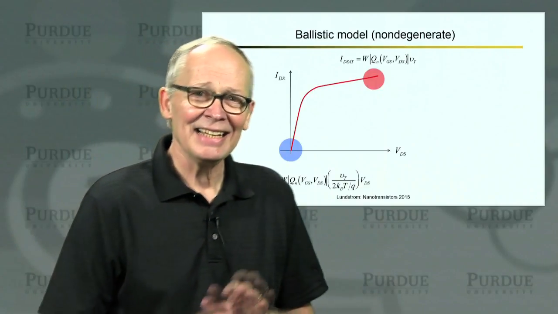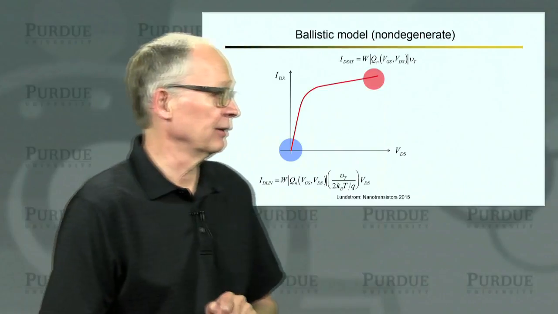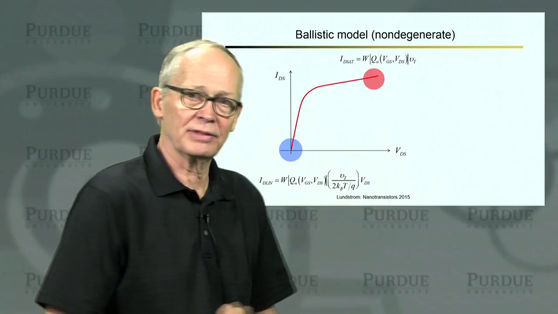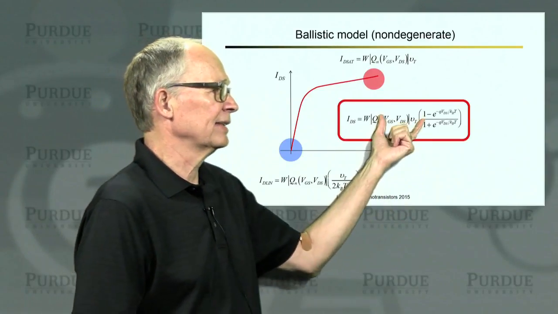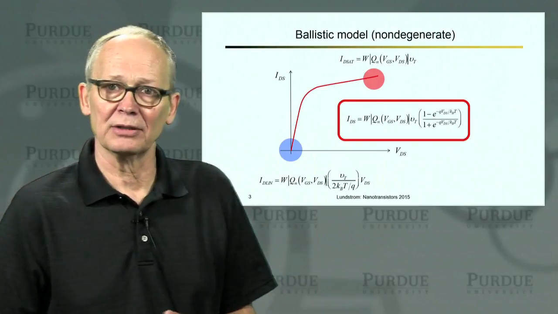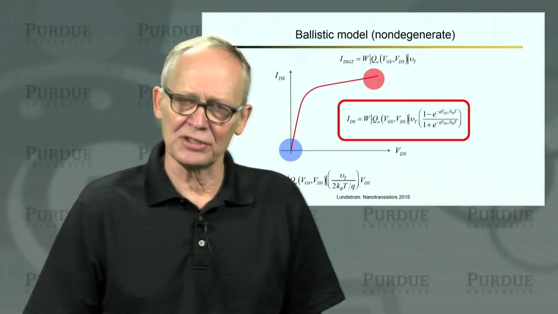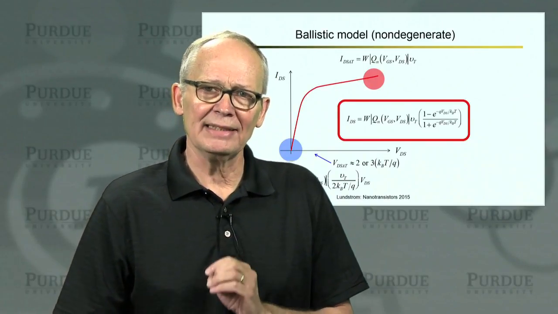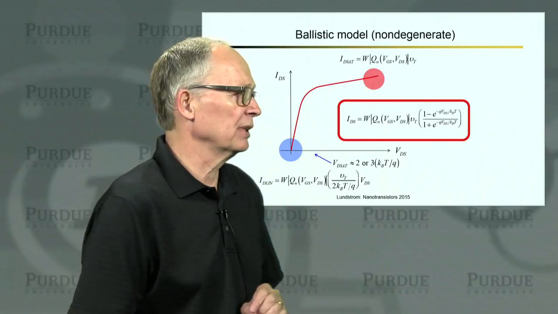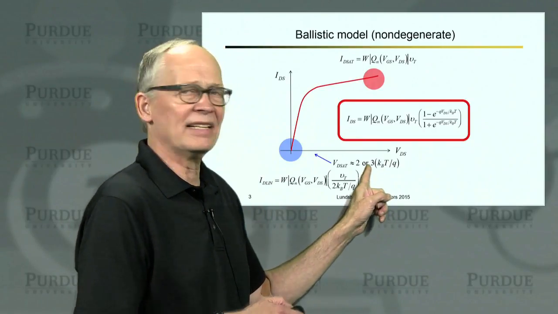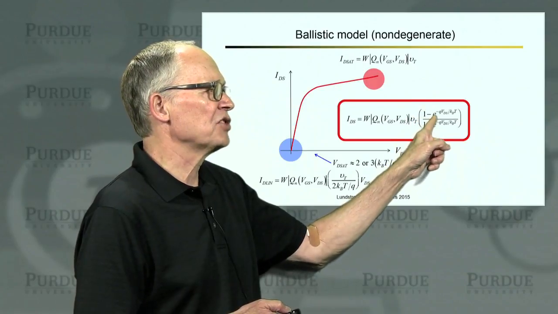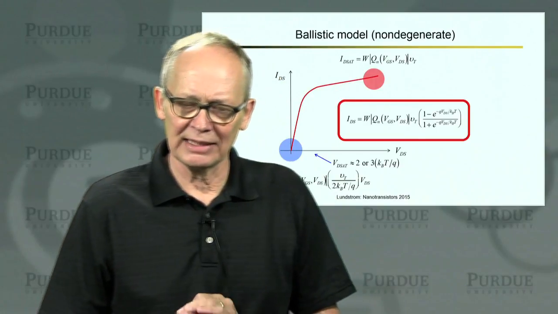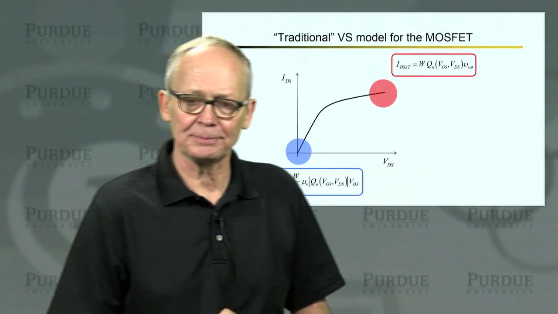All we have to do is evaluate these expressions, and we have our IV characteristic for the MOSFET. This was relatively easy to do in the non-degenerate case, and we found this expression for the linear current, this expression for the saturation current, and this expression for the current in general that goes between those two limits. Now, it's also a little curious that the drain saturation voltage, VD-SAT, in the ballistic model is actually quite low. It's just a few kT, 2 or 3 kT. It's the voltage needed to make these exponentials negligible. So a ballistic MOSFET displays a rather low drain saturation voltage.